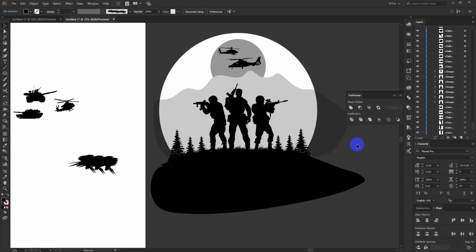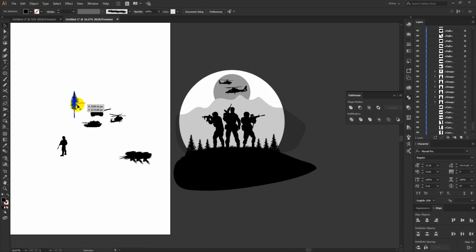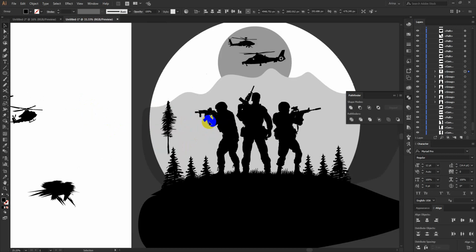Okay, now I can simply make a kind of, this is my first layer, this soldier and this tree. These are another mountain top they are standing on, so you can see the background here. This is a bigger mountain, this is the sun, and then my helicopters here. So I just want to make something like there will be another tree line, and then just to show that there is some gap between them, I am going to make it really small here, something like this, but that doesn't look good when I am